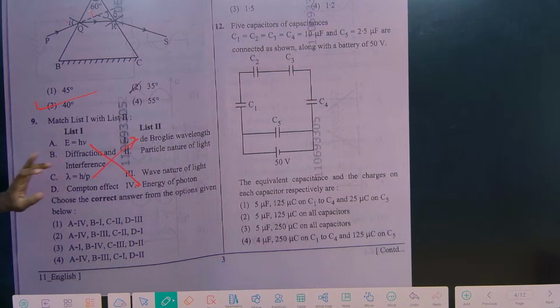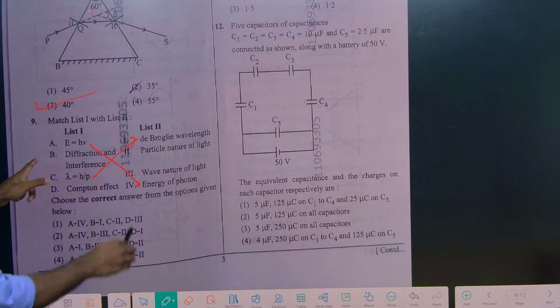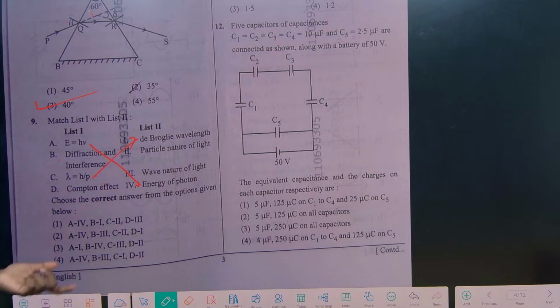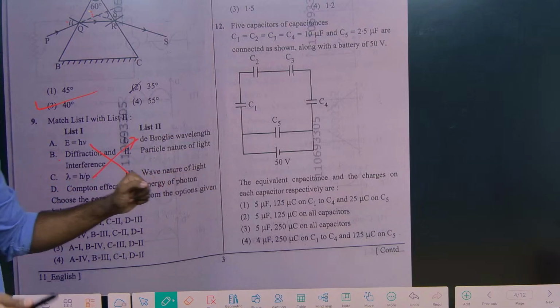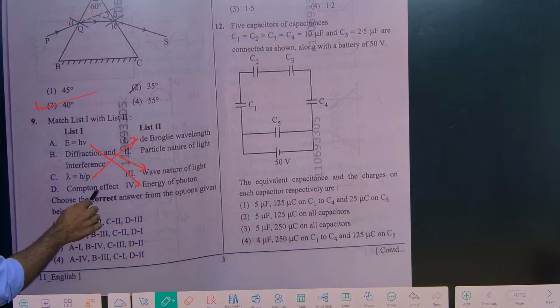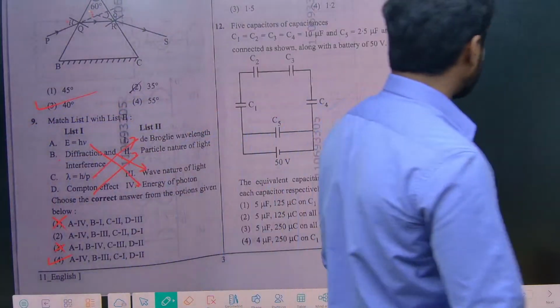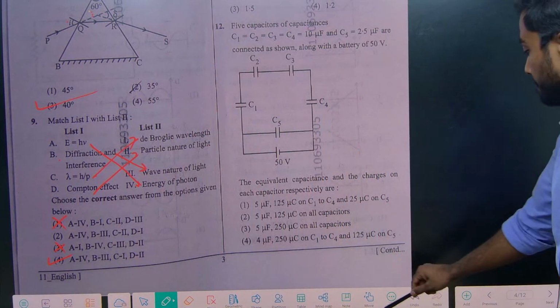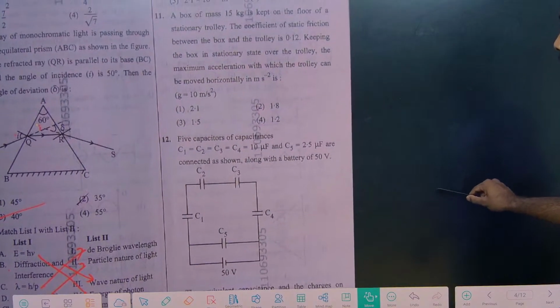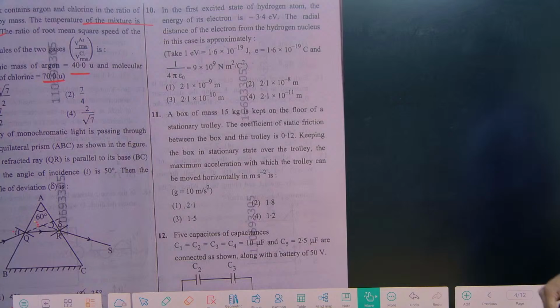So now diffraction and interference గురించి మాట్లాడతాం. అంటే diffraction and interference, which one we are talking, like particle nature of light or wave nature of light? Obviously it is particle nature, no, and obviously the Compton effect will be, it is particle nature of light. So A is 4, A is 4 ante option 3 I can eliminate it. B is 3, B is 3 ante first one I can eliminate it. C is 1, C is 1 in the sense obviously option 4 is the answer. Okay, we'll go for the next one.